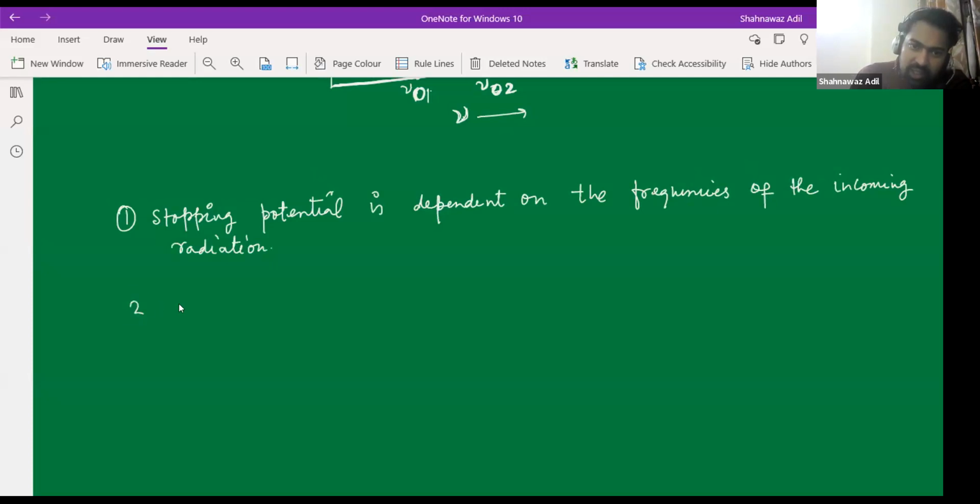And second thing is that it varies linearly with frequency